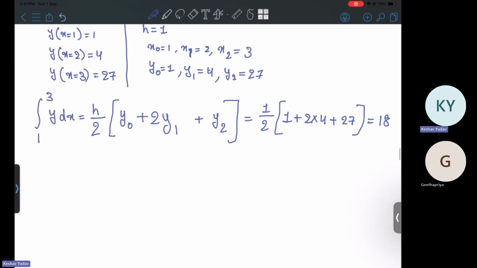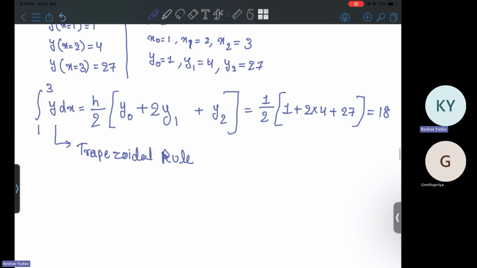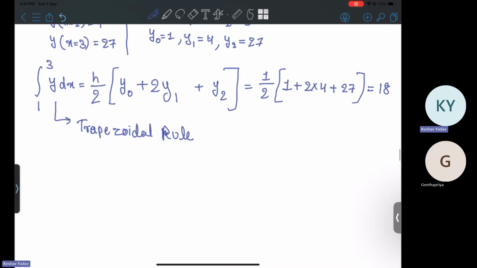Now you solve this problem using Simpson's 1/3 rule. Now you solve this and tell me the value. So this is what we wish to find: the integral from 1 to 3 of y dx, that will be equal to, using Simpson's 1/3 rule,